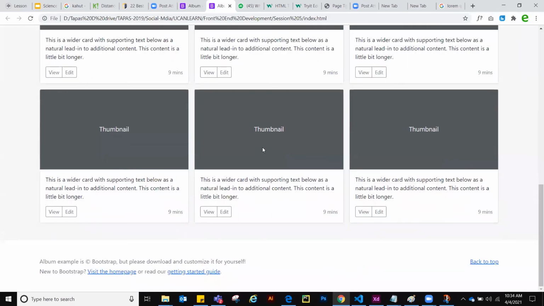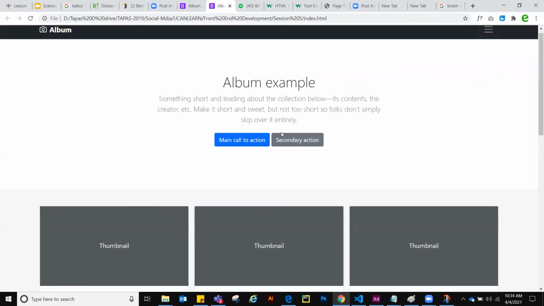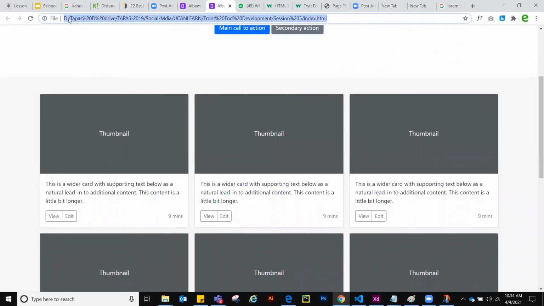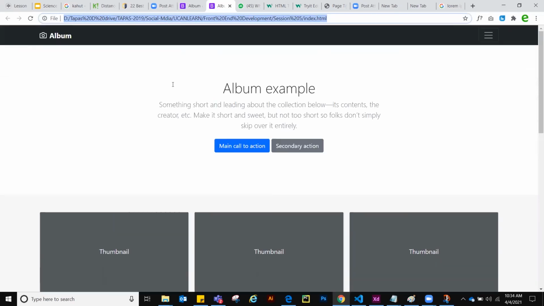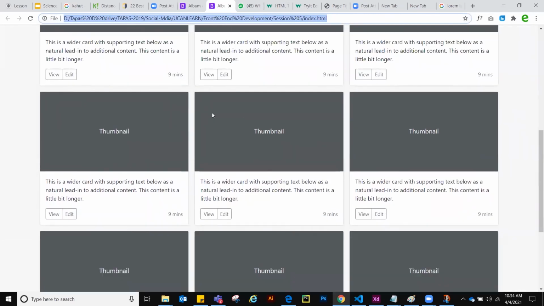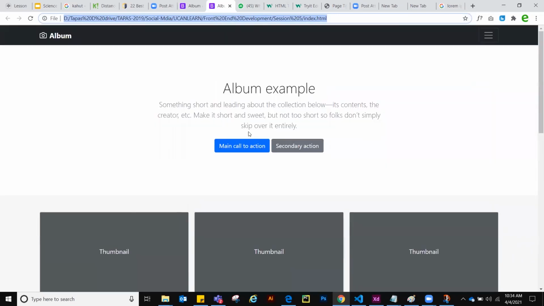I have told you that nowadays no one writes code from scratch. If this type of page is ready made for you, see, I have pasted it in my local folder, then why should you waste your time and energy to create that kind of pages? We don't create those pages from scratch. This type of templates are available. Then next day we will go to JavaScript. We will learn a little bit of JavaScript, and then we can go for a quick challenge, which will end this basic level of HTML.